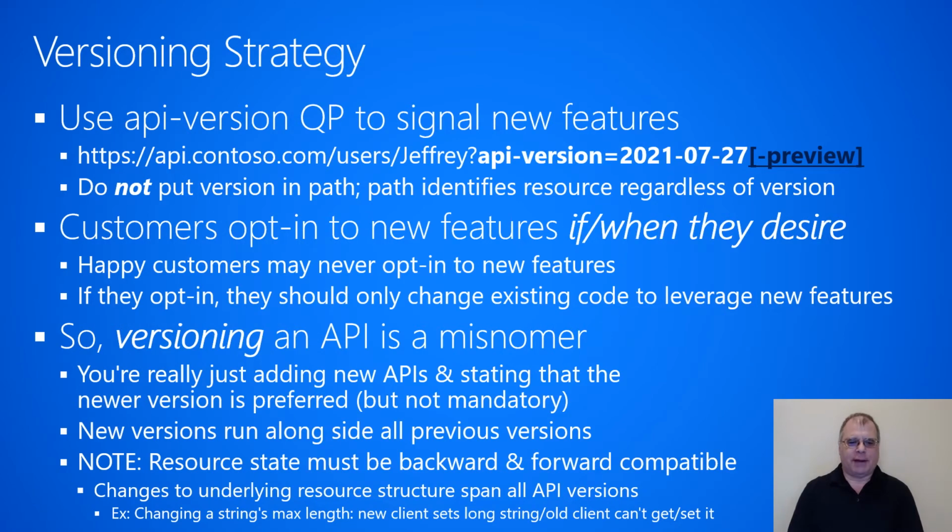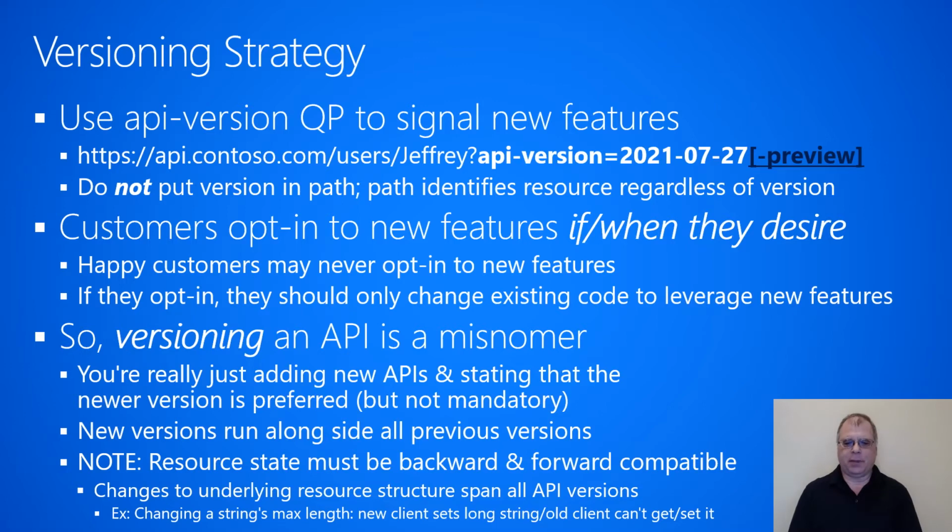We have a versioning strategy. Whenever we make a request to an operation in an Azure service, we always specify an API version query parameter, and we use this in order to signal new features. For example, let's say we're talking to the API contoso.com endpoint, and in the users collection, there's a resource in there called Jeffrey, and we wish to manipulate it in some way. So whether there's a get or put, it doesn't matter. We always put a query parameter at the end of API version equals some value, and that value is always a date-based value like this